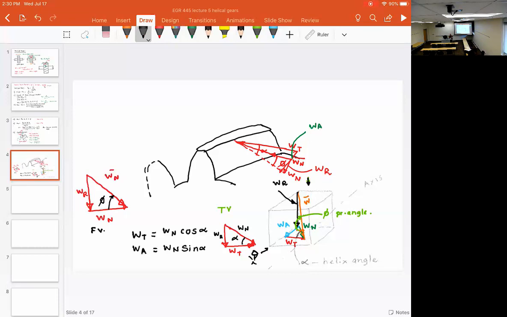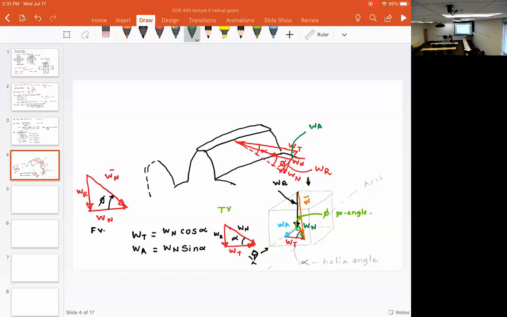Now, depending upon how complex or how accurate you want your analysis to be, you can look at Wa as if it's giving you a couple or a moment at that location. What do you mean by axial load? Is it like going through the shaft? Okay, let me draw